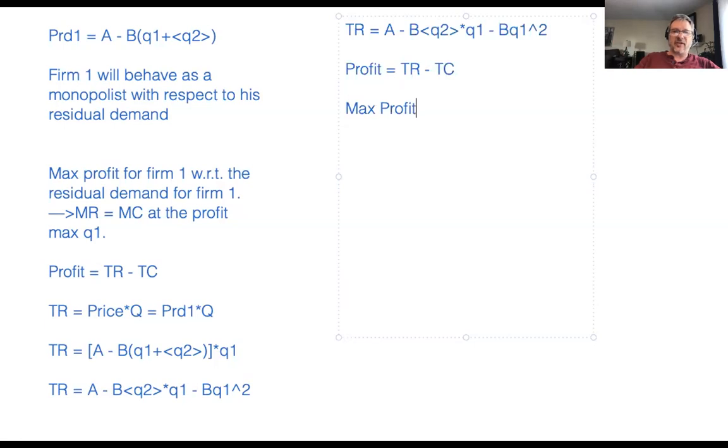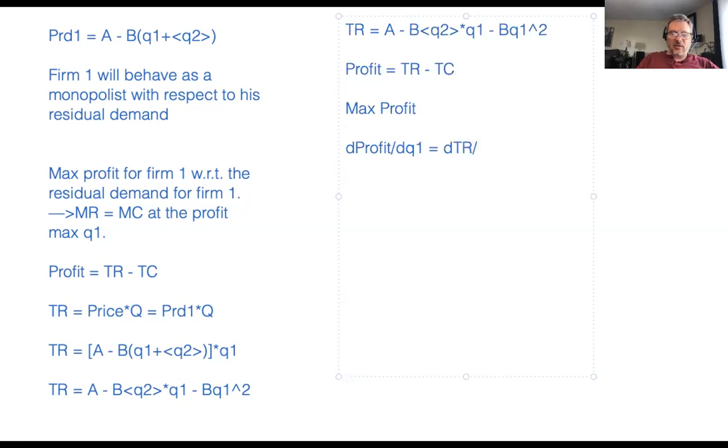So you would differentiate the profit function. And so if I write d profit dq1, right? So just with respect to the output of the first firm, then that's going to be